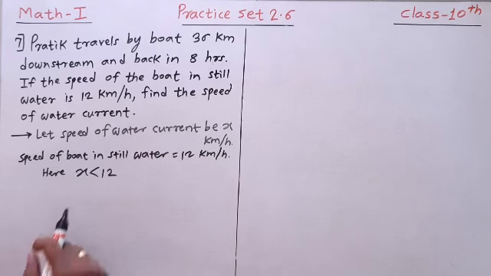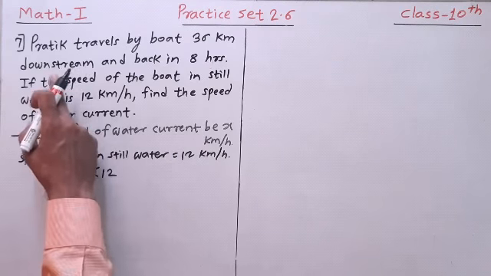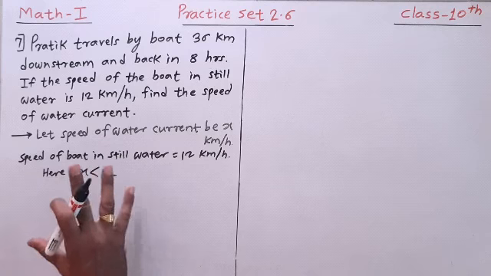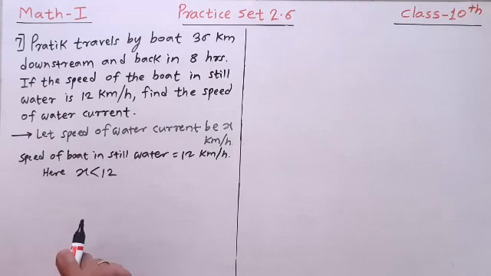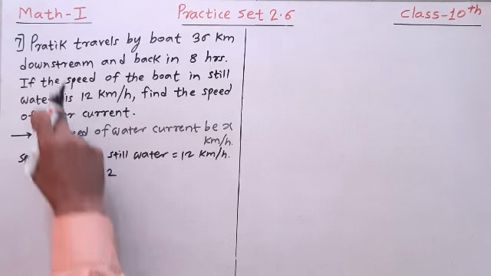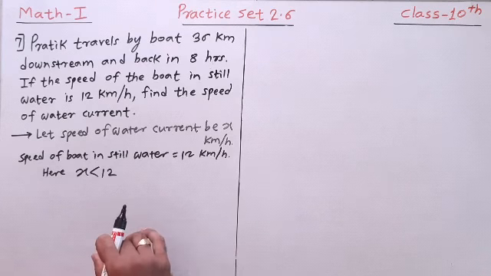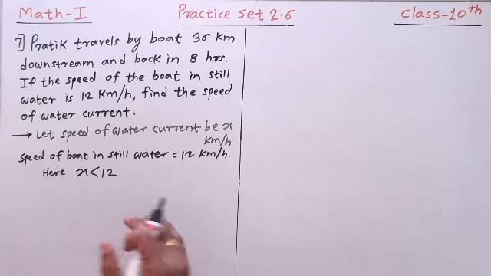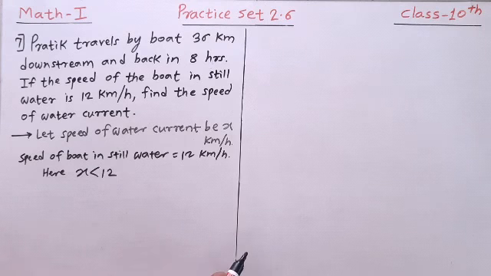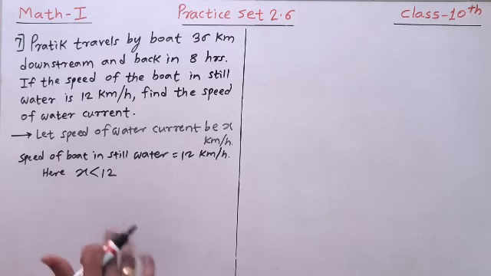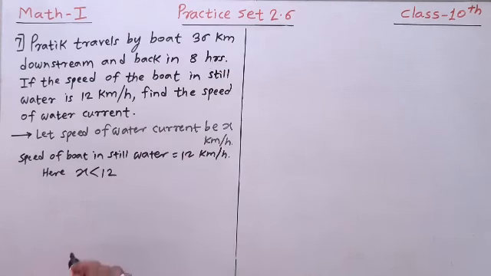Now here we have to write the speed of the boat when it is moving downstream. Let us try to understand first the meaning of downstream and upstream. Downstream means the direction of the flow, moving in the direction of the water current, and upstream means moving in the direction opposite to flow of water current. So we will have to write the speed of the boat downstream and speed of the boat upstream, because Pratik is traveling in both the directions, downstream also and back upstream also. And for both the travelings it takes 8 hours. That is the condition, it will help us.